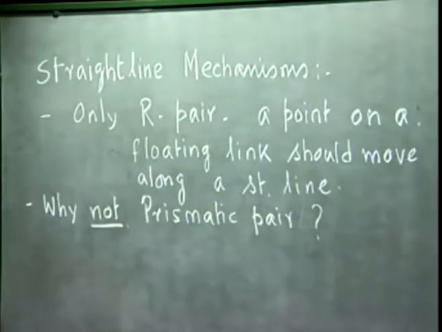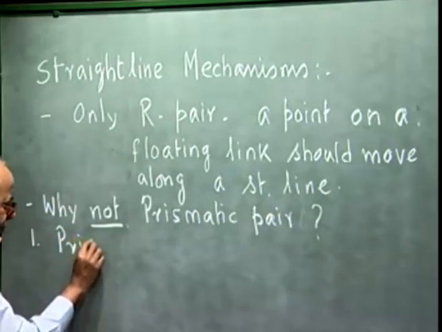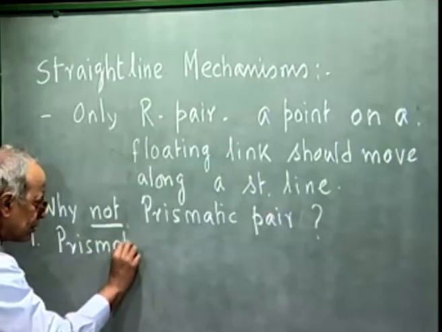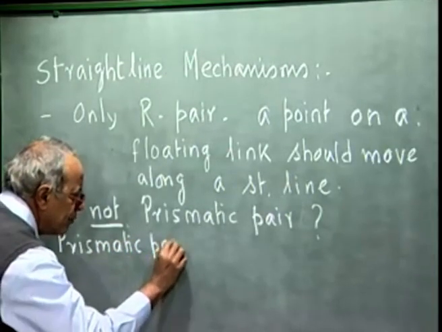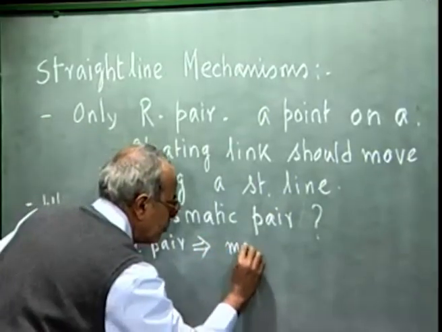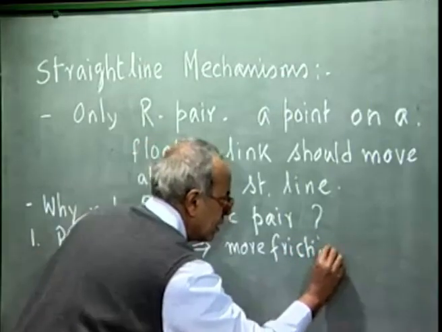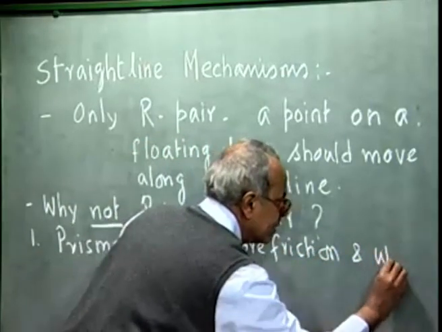First is, a prismatic pair implies more friction and wear,